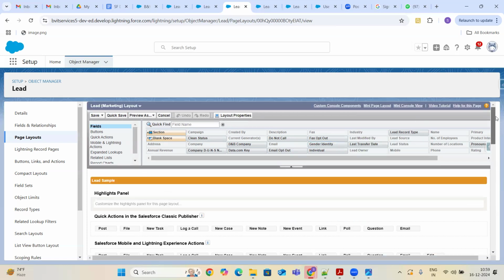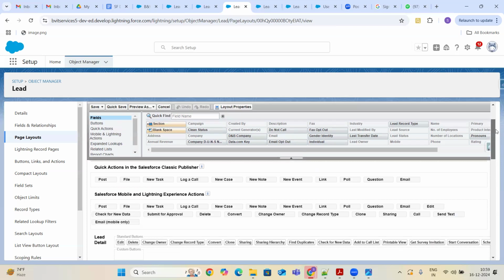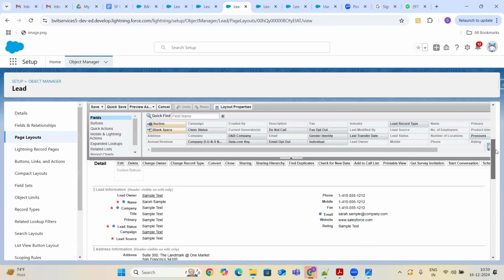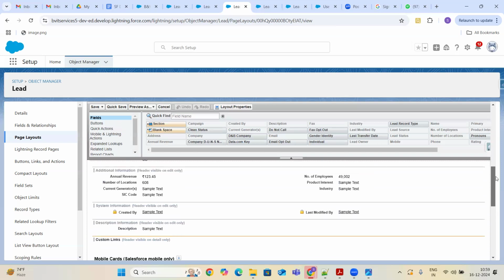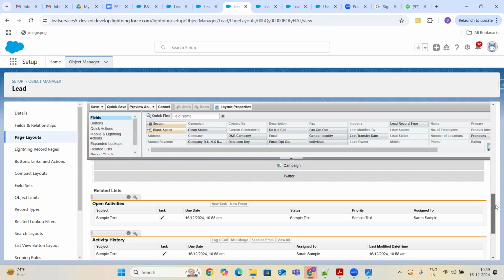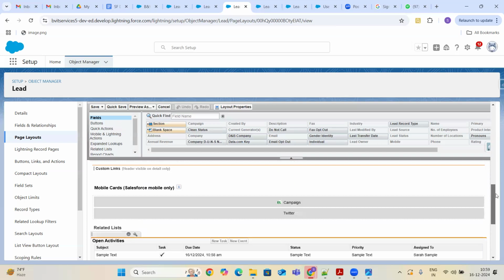This is the lead marketing layout, guys. If you see the page layouts of lead marketing, there is lead information, address information, system information, like this.